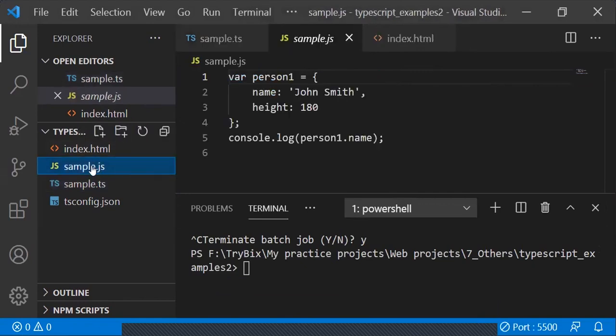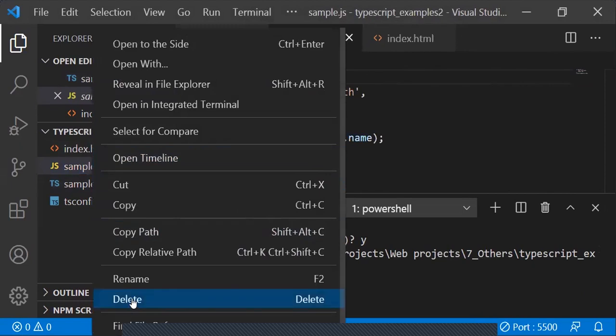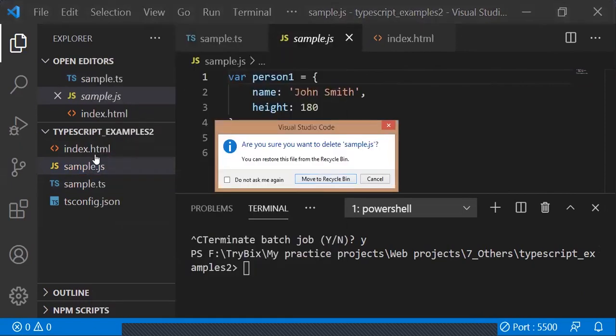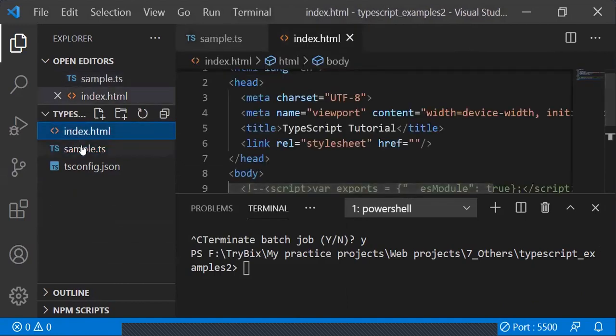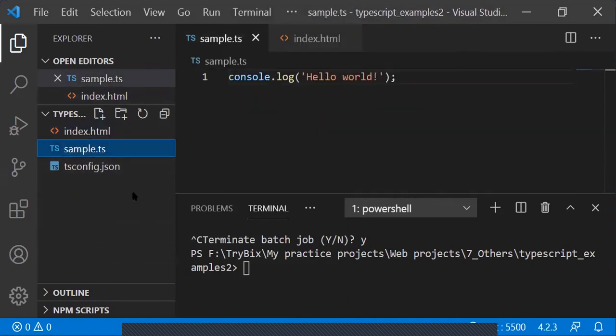Actually, when I get started, let me just go ahead and delete it. When I just start off, I'll just have this index.html and the sample.js. I wouldn't have anything else. So you have to first transpile this